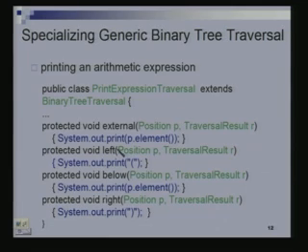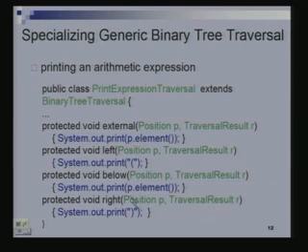Okay. When we touch a node from the left, we said we just print out a left bracket. So that is what we are saying, just print out a left bracket. When we touch a node from below, we said that whatever is the operator in there, we just print that out, and that is exactly what we are doing. And when we touch it from the right, we just print out a right bracket.